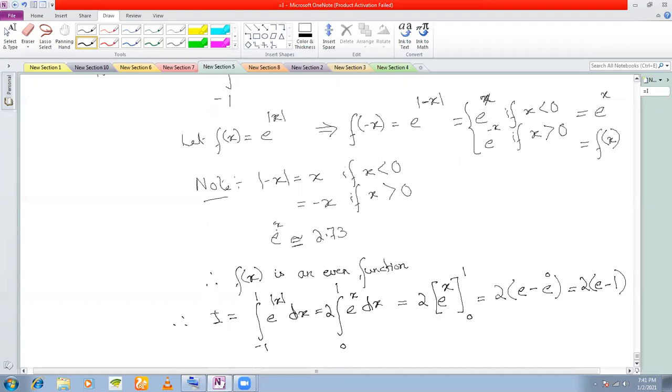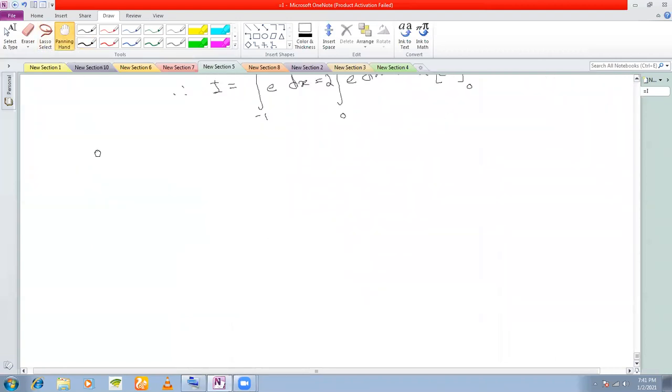Now e to the power of x is equal to 2.73, remember, where x is not equal to 0. Understood? It can take any real number. So this x has to be non-zero for the value to be 2.73. Clear? So that's it for this property. Let us move on to the next property. And the last property.